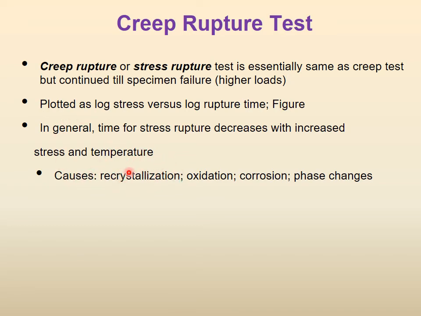Recrystallization. You remember when you were doing in material science the topic on annealing and so on, there was recrystallization and regrowth and so on. So recrystallization, new crystals are formed. Oxidation, things are oxidized. Corrosion, phase changes, right? Again in materials courses later on, and in manufacturing you did phase changes. So many of these things are factors, and sometimes they are combined factors during the creep rupture.